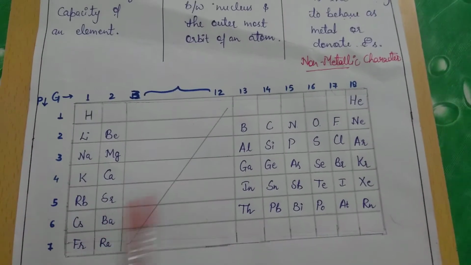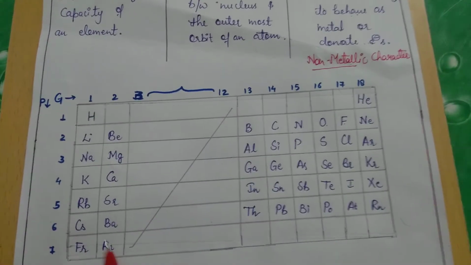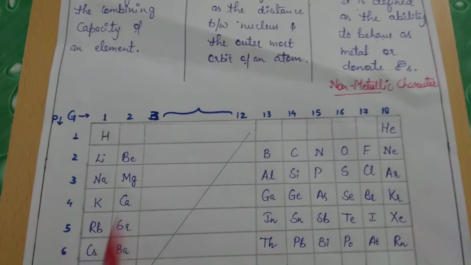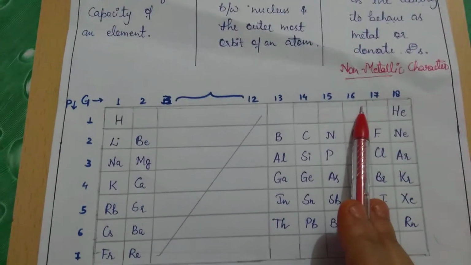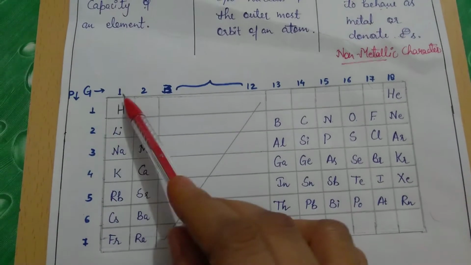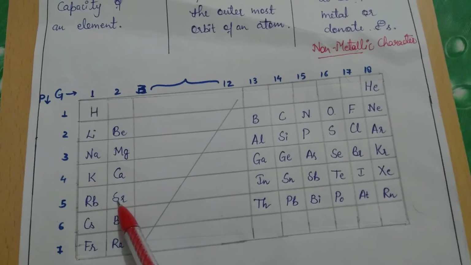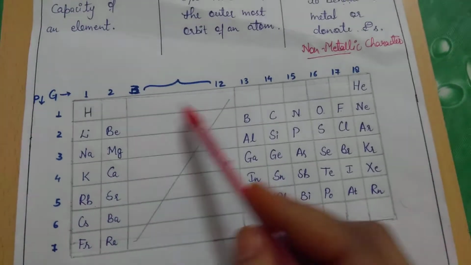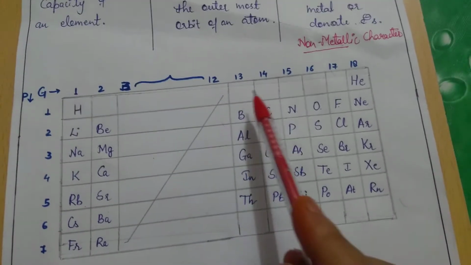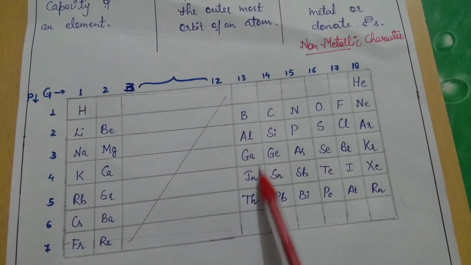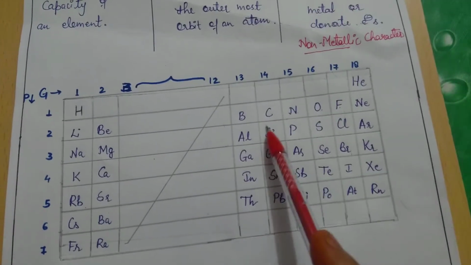Okay, so now you all can see this is a periodic table we are having, and these are the groups. Like we have group 1 to group 18 in the modern periodic table, and we have 7 periods, that is period number 1 to period number 7. These 1 and 2 groups are called S block. This middle section, which I have not written the elements in, is called D block, and groups 13 to 18 together form P block elements.